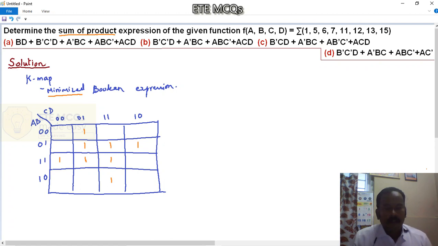If we are not clear about the grouping procedure, as soon as you see this K-map filled with ones, the very first mistake many will make is to go for the maximum grouping.